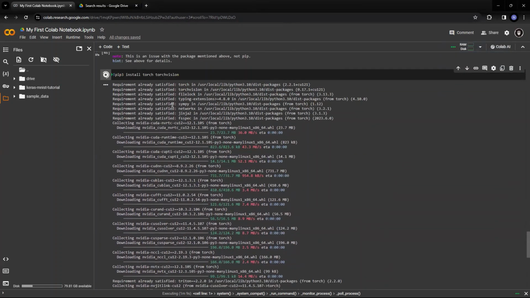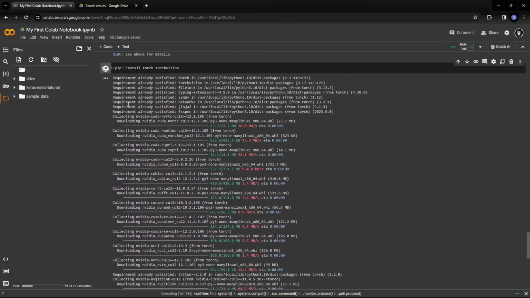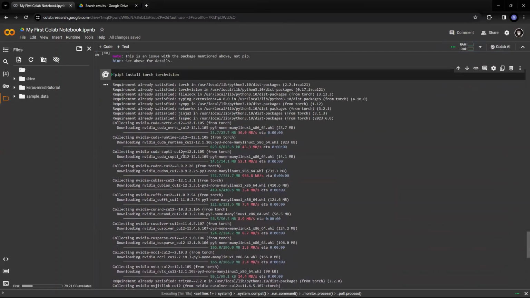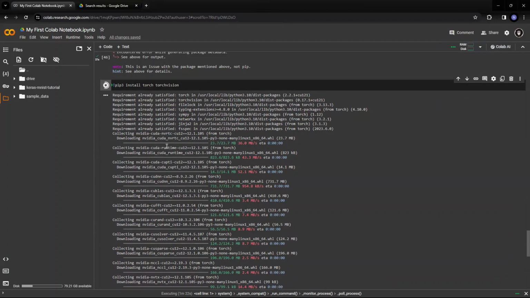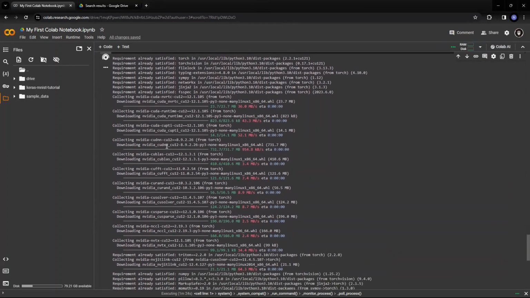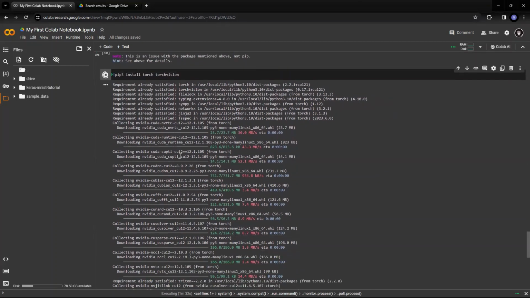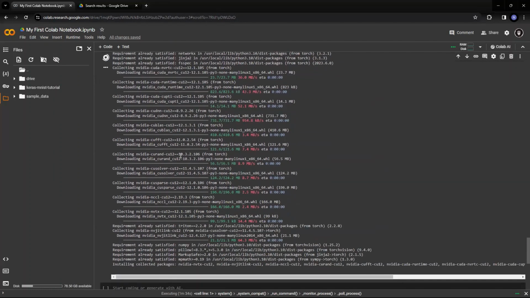So PyTorch is getting installed, taking time. There are too many libraries. You can see how many libraries have got installed. By the time it is getting installed, let's